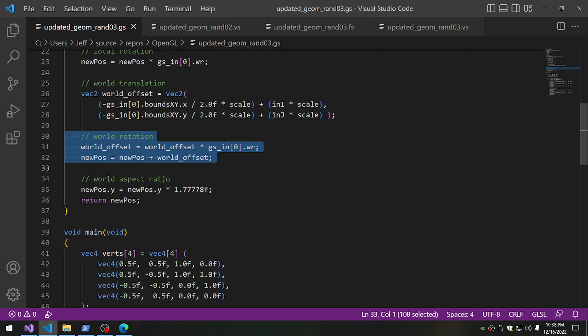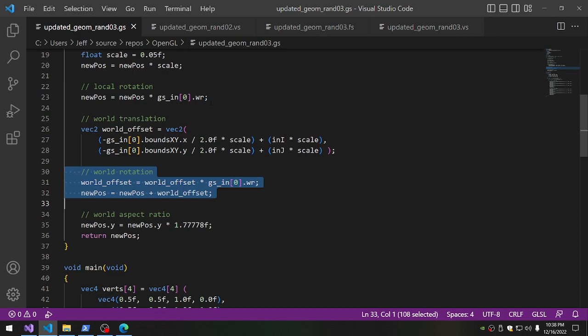And then we get world offset equals world offset times this world rotation, which is actually the same rotation. Initially I thought there was a negative involved somewhere. You might see that in my stream, but that's not correct. They both use the same rotation. It's just a matter of order in which the rotation occurs. And the new position equals the new position plus the world offset, which puts it into the 5 by 5 grid, and rotates everything,